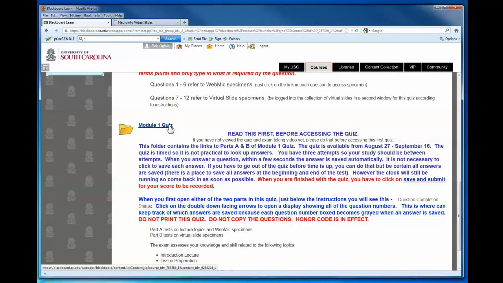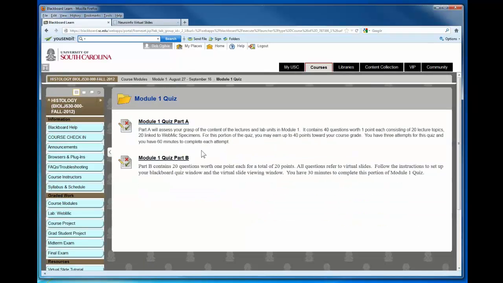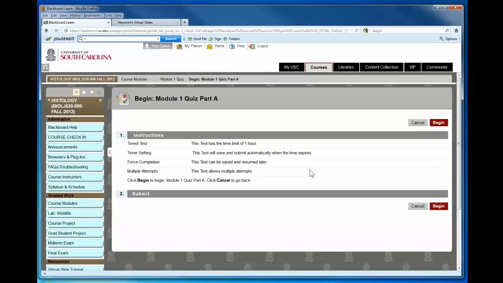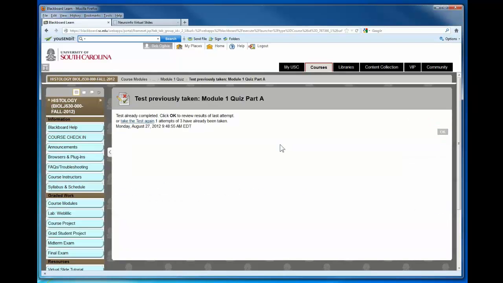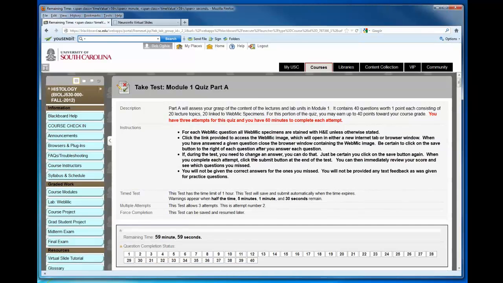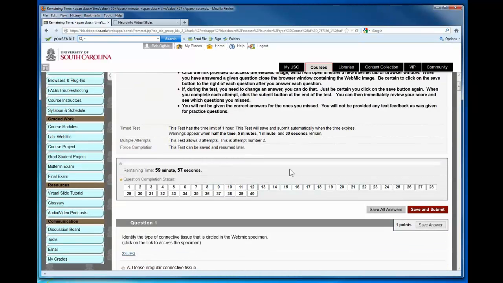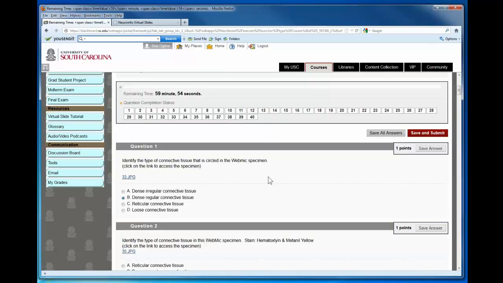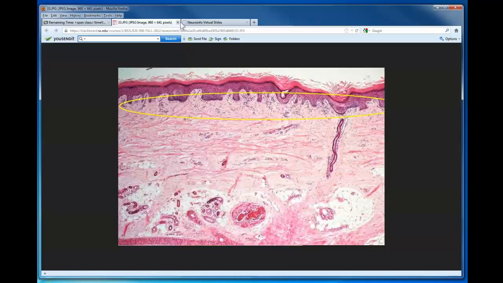So I'm going to click on this, and then you've got Part A and Part B. And Part A, when I start taking this, again, we're reminded of the time limit and all those things. And then we begin here. And I actually took this test before also, but if I were going to take it again, where I have 3 attempts, then again you've got your timeline, and if I click to save an answer, and again here are the web mic questions,